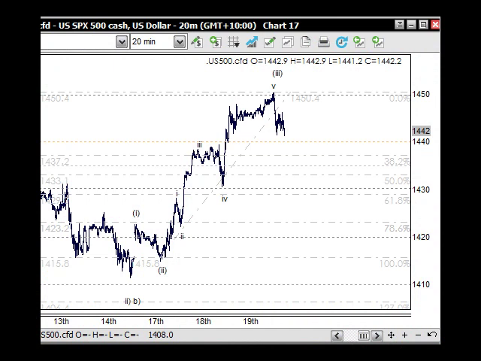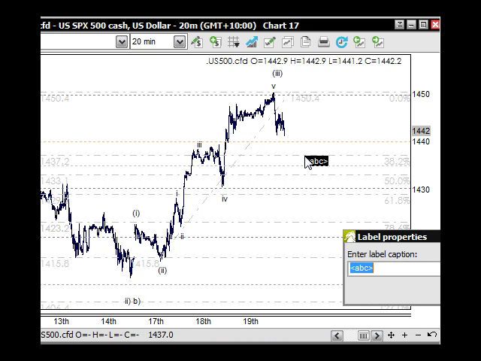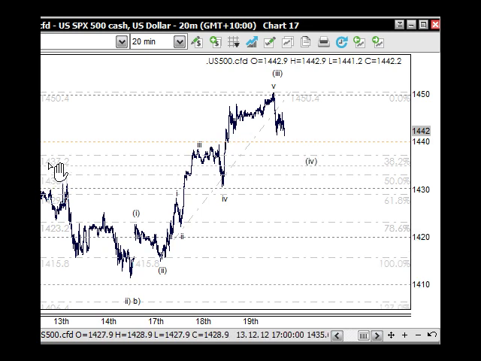Here we're looking at the S&P 500, and essentially we're moving into a wave 4 that should pull back 38.2% of wave 3, which will leave us at around the 1437 mark through here. A wave 4 can be complicated as well, especially when wave 2 is reasonably simple. So we can expect some sort of sideways